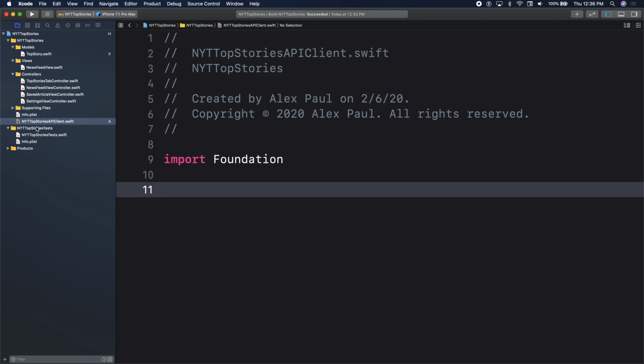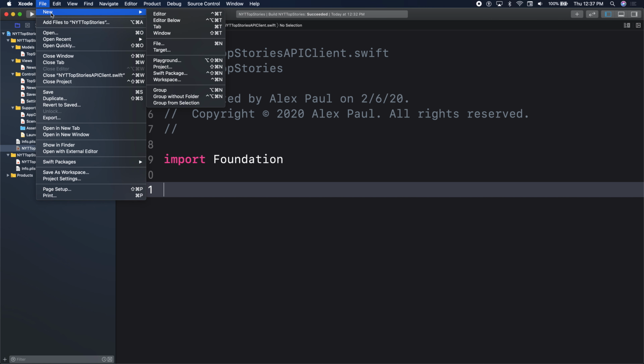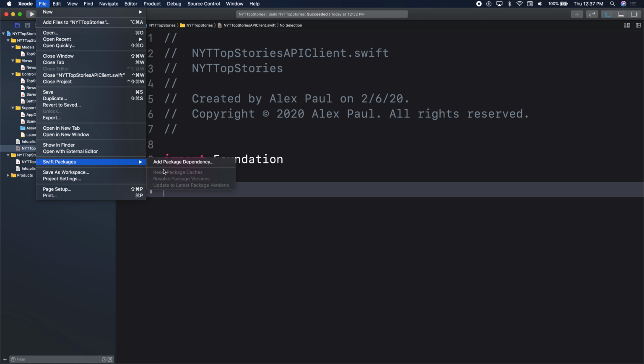API client. Where does it go? Okay, all right. We have to import something, right? What are we importing? Network helper, right? So now we need a Swift package that we wrote to do our network calls. So I'll go to File, Swift package, Add package,